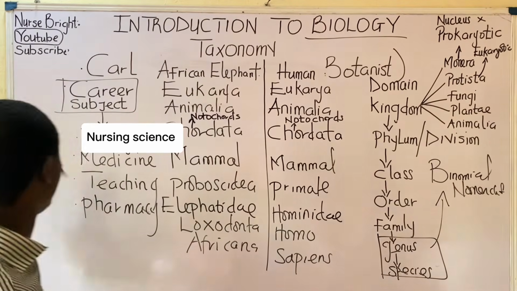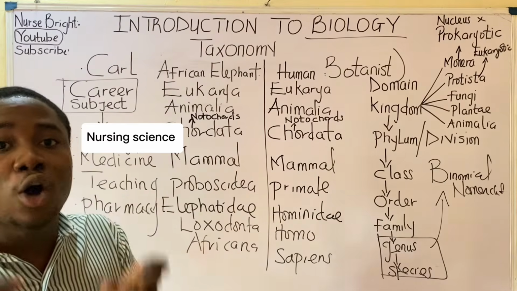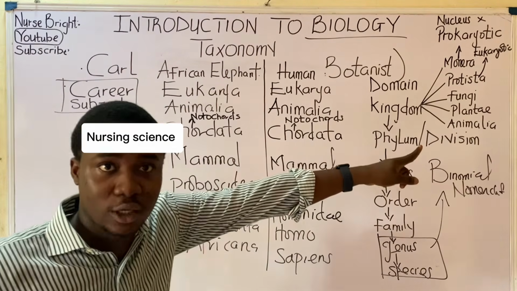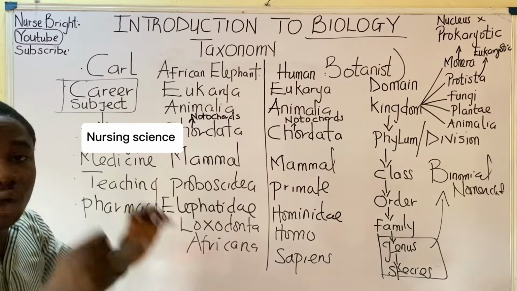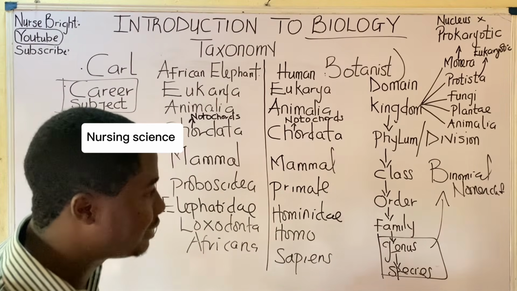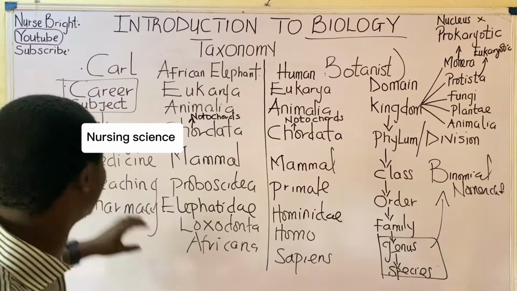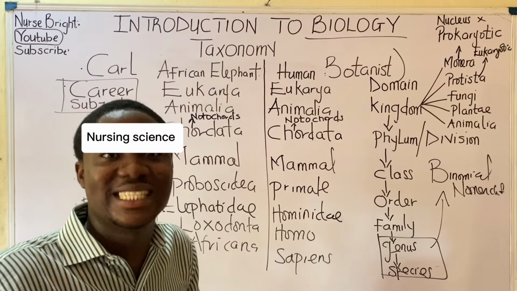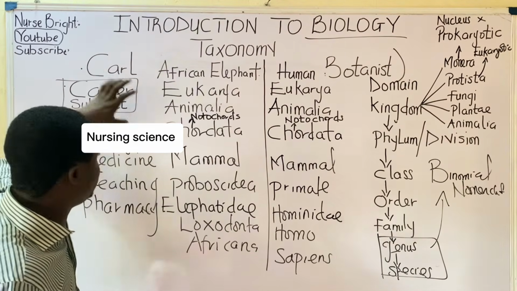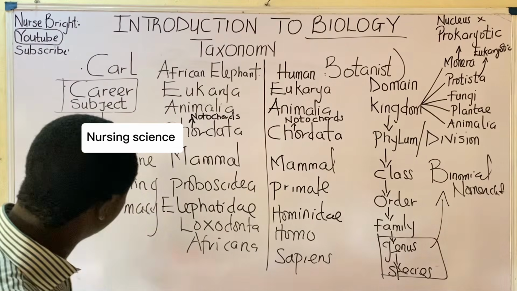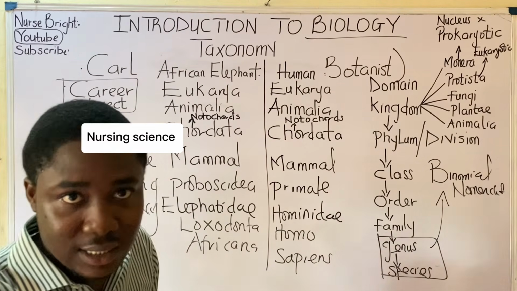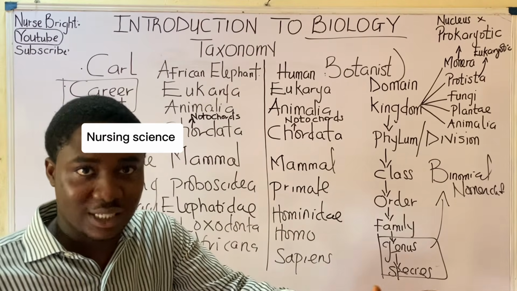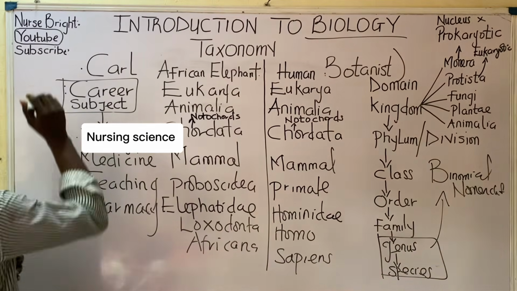Veterinary medicine. When someone studies nursing science, the person does so to become a registered nurse. When someone studies medicine, the person does that to become a medical doctor. When someone has the ability to teach, you simply call that person a teacher. So with the knowledge of biology, you can actually do so much. Even pharmacy, to become a pharmacist. Veterinary medicine, to become a veterinary doctor. Do you understand the point? So that's one very important aspect of biology.